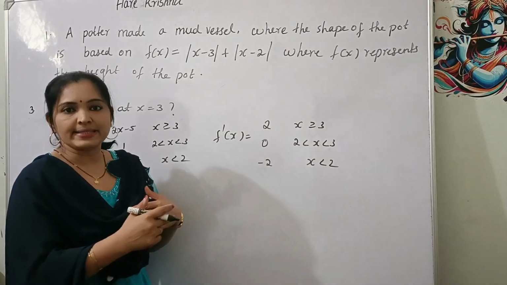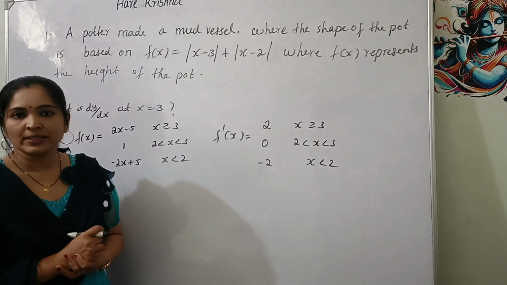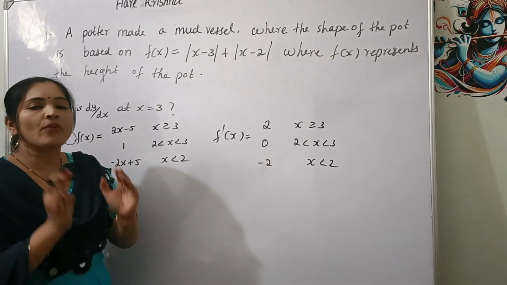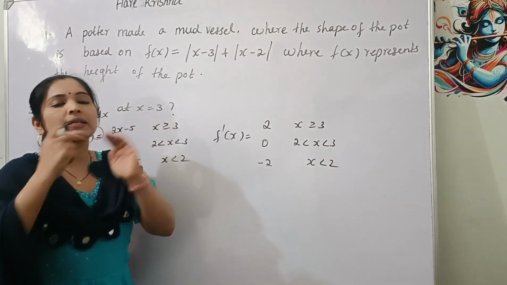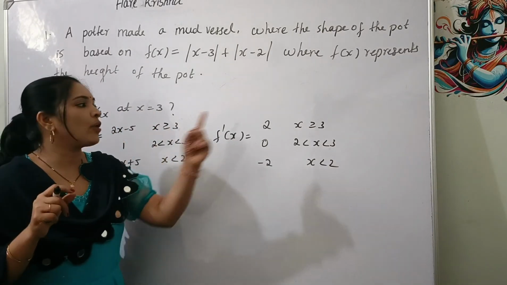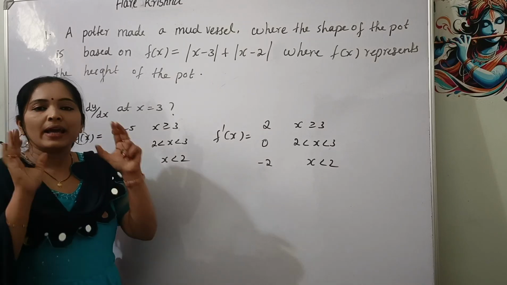What about when x is less than 3? When x less than 3, f dash of x is 0. Here the values of f dash of x are different on the left and right side of x is equal to 3, right? So it is clear